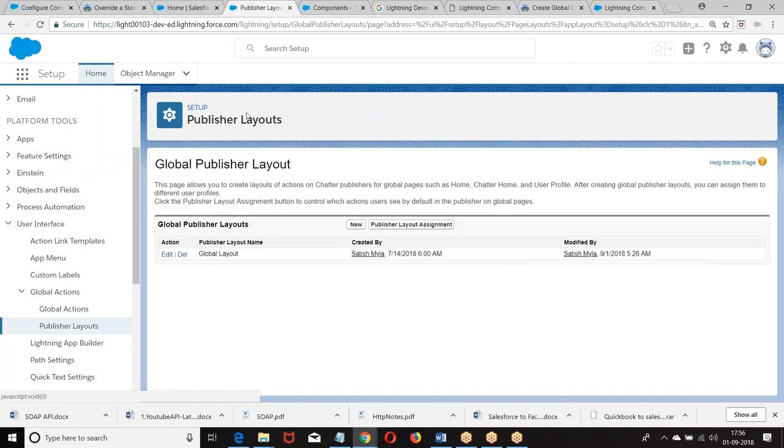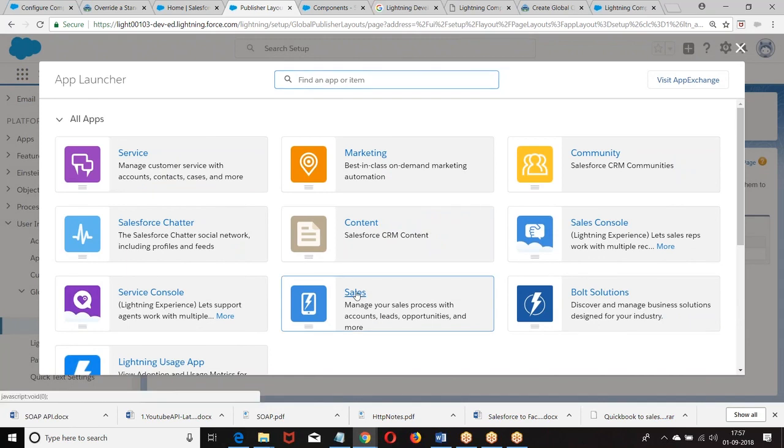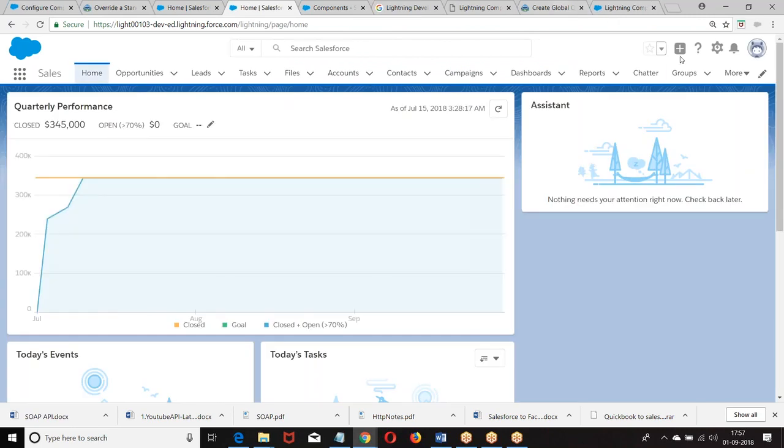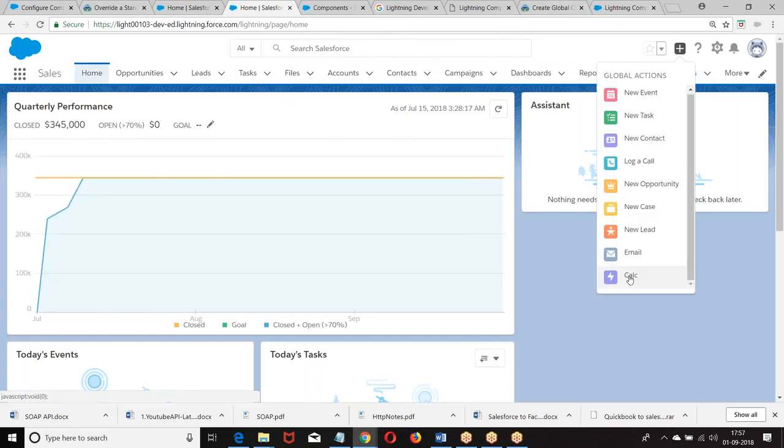It is not yet added, Satish. Yes. Now we moved it. I created the action, but I have not published it. So what is the mistake I have done? I created an action and added it in the page layout, but did not publish it. So we are supposed to create a global action, publish it, then go for it.